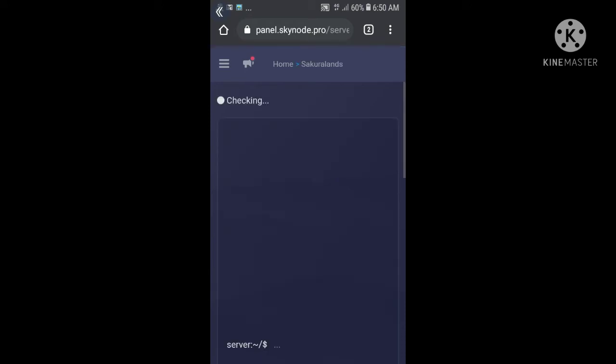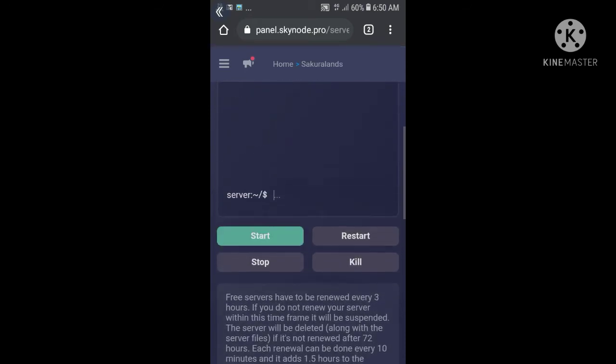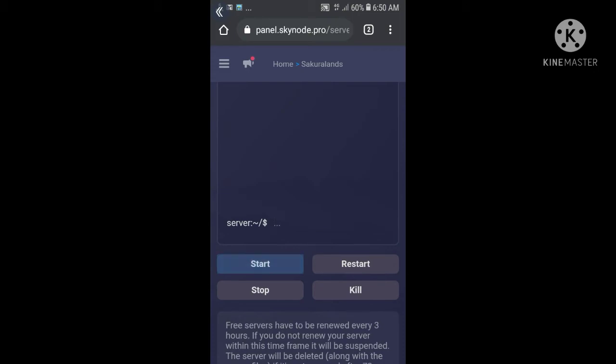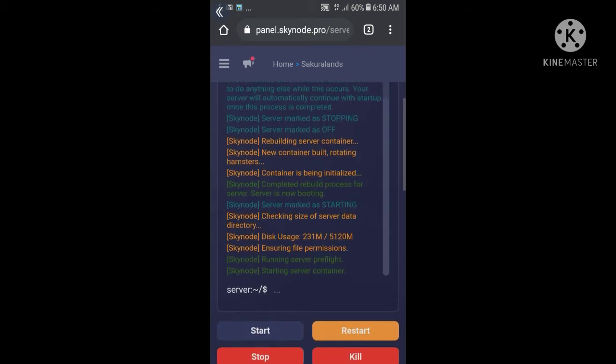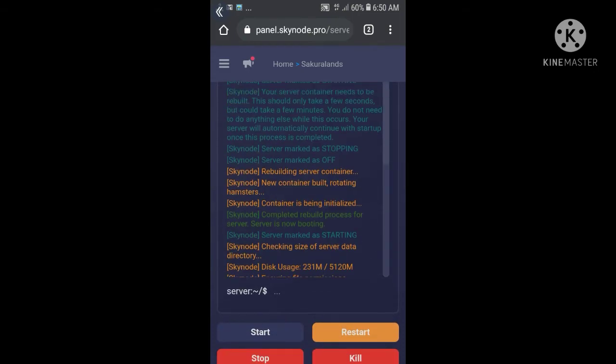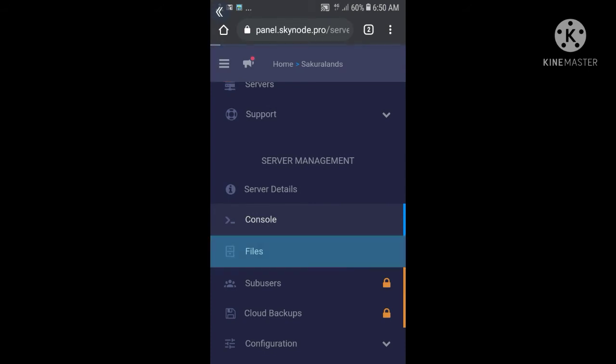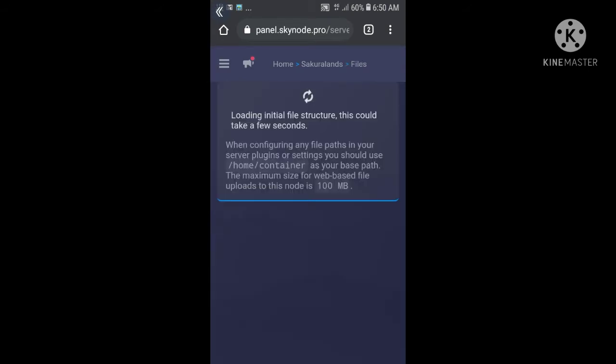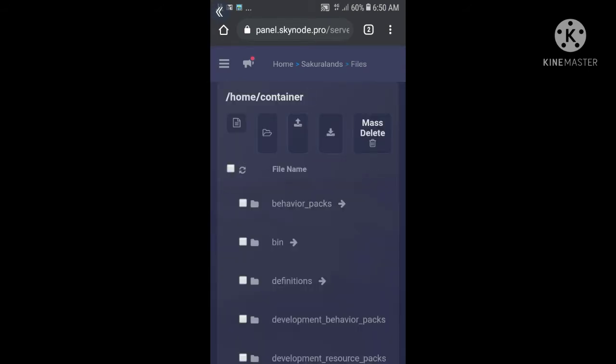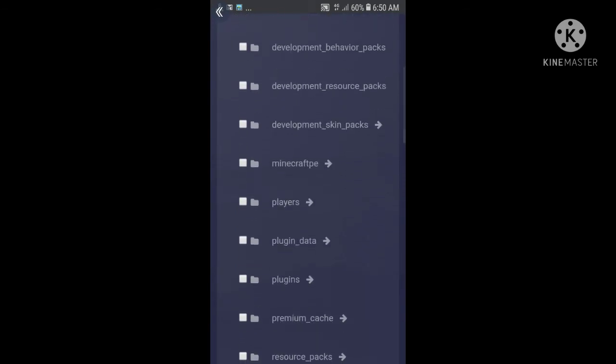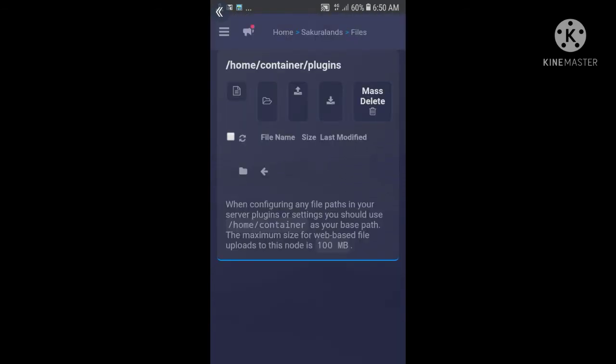So I'm gonna use my server. I'm gonna tap the start button and my server is working properly. I'm gonna go to files and then the plugins, and then I'm gonna upload my plugin that I fixed.